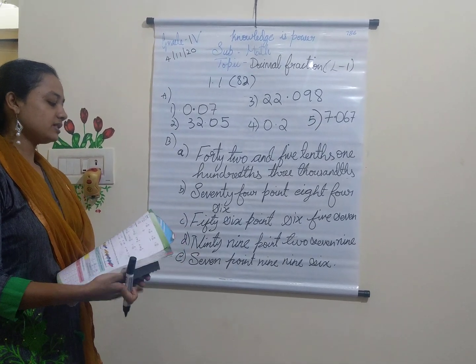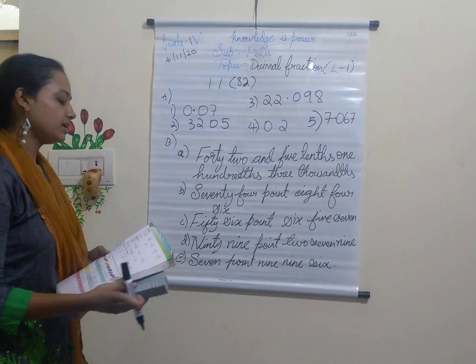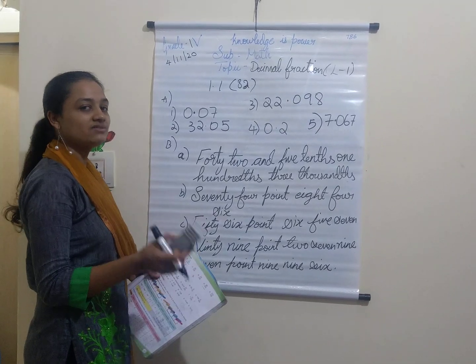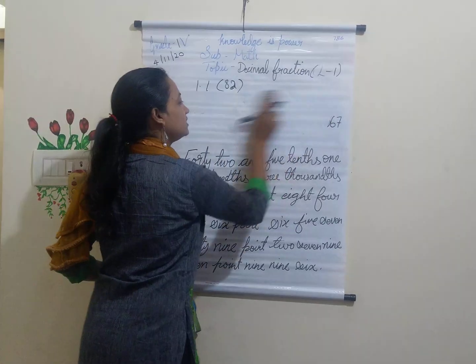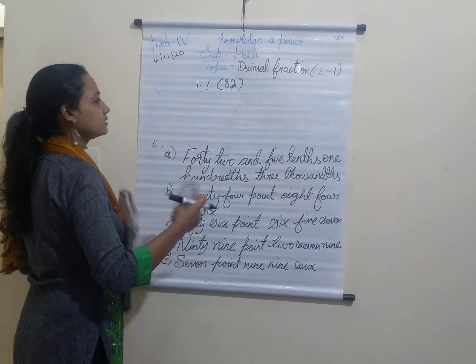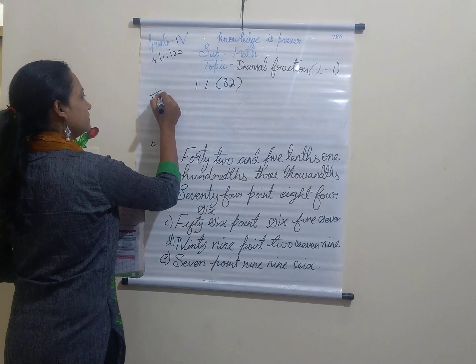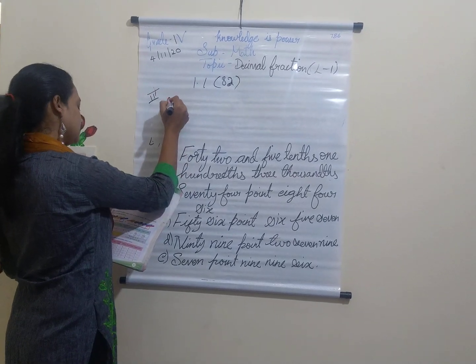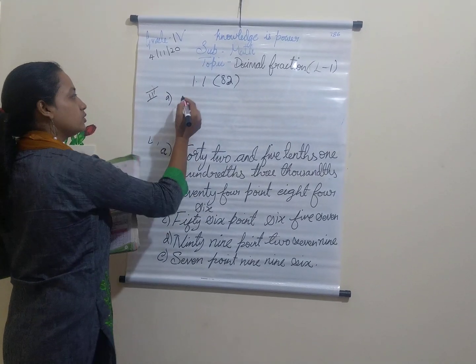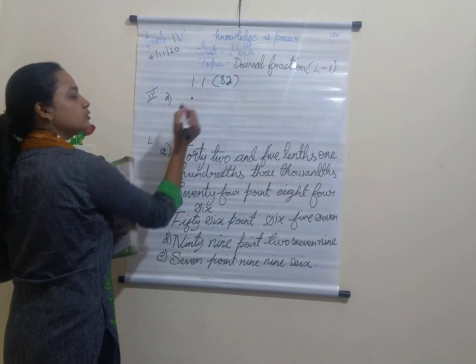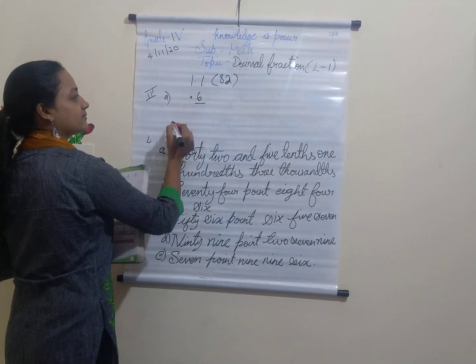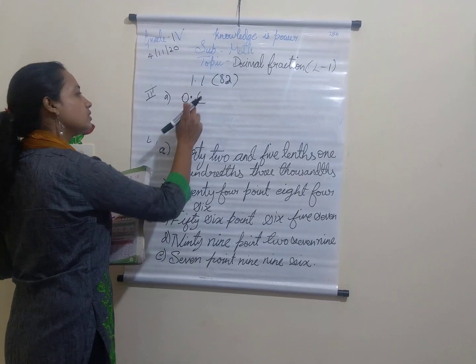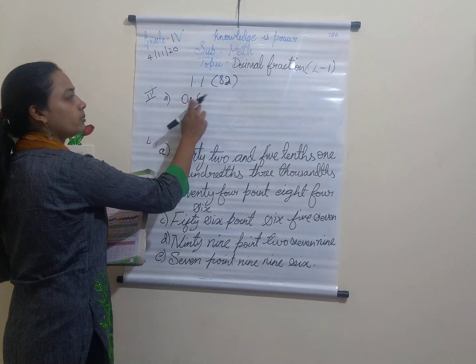Now turn your pages and write third main. Write the decimals. They have given you in fraction. You have to write it in the decimal form. So let's go for the third main now. The first one is 6 by 10. So 10 means after decimal point you should have only one digit. So you should write 6 here. The other place will be 0. So the answer is 0.6.